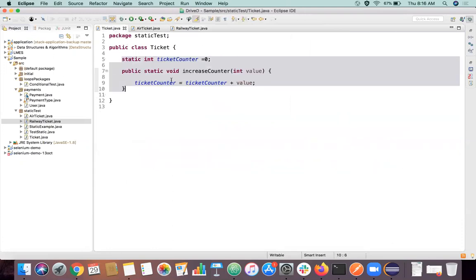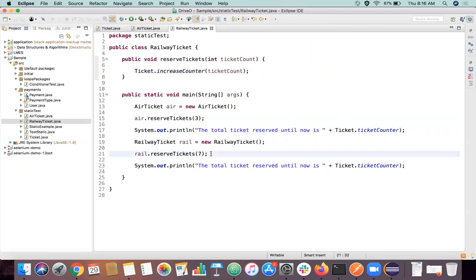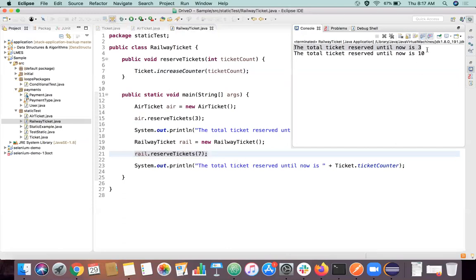So what it will do, the ticket counter value is already 3. We are again calling this method and passing the value 7. You take that 3 plus 7 is equal to 10. It is assigning the value of 10 to this ticket counter now, even though it is totally accessed by a different object like this. So what happens? It increases the value, and we are printing the current value, which is 10. So that is printed.